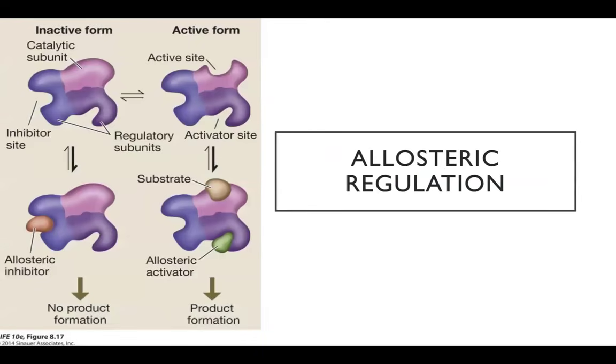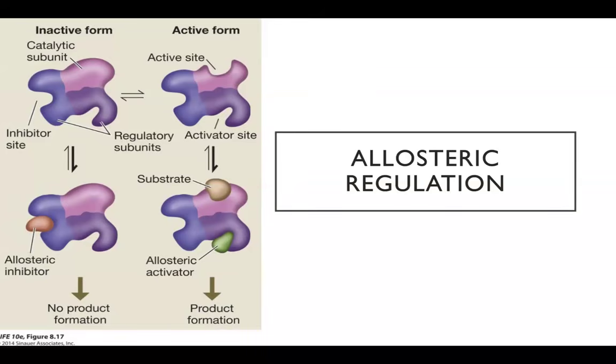So as you mentioned, some enzymes can assume multiple shapes. When bound to an allosteric activator, as you see here, it can change shapes to become active. However, there are inhibitors as well. When bound to an allosteric inhibitor, they assume the inactive form. So they have different sites for allosteric activation and allosteric inhibition.